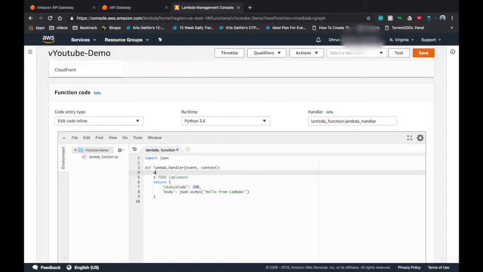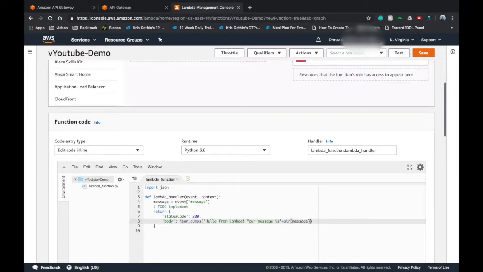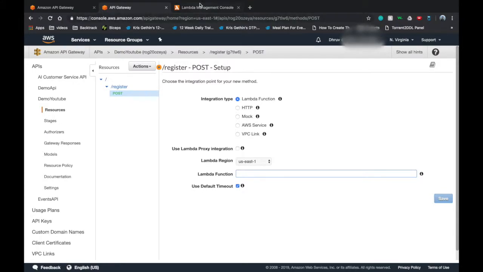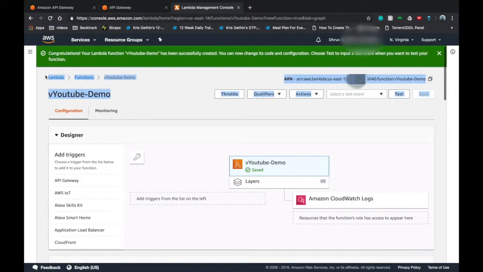Say we print a message. Say we get a message from event, which is our request to this lambda. So we say message, and we can print that: hello from lambda. Your message is message. That's all, and we'll simply save this lambda. Then we'll go to API and we'll just simply type this name, or we can use this